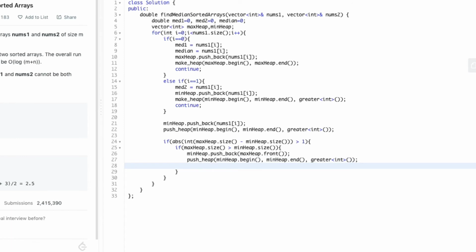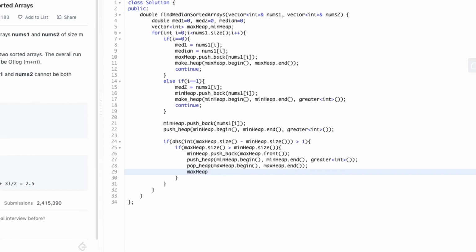And then we pop the max heap dot front from the max heap. For that we can use the pop heap function. And then pop back the element from the vector max heap.